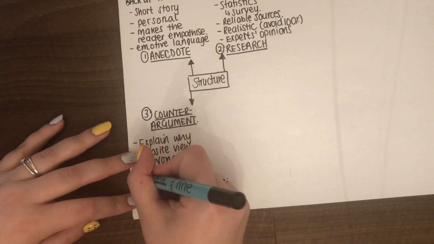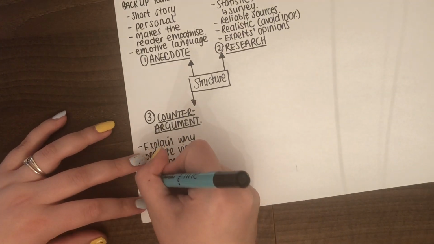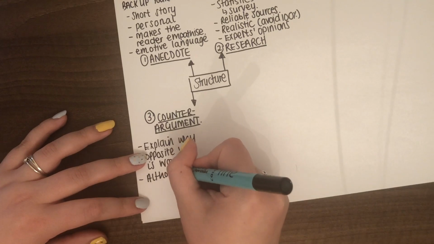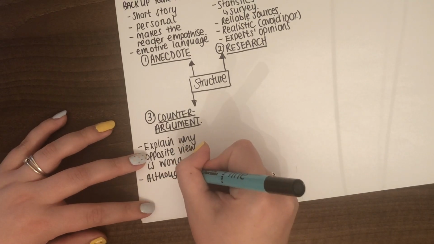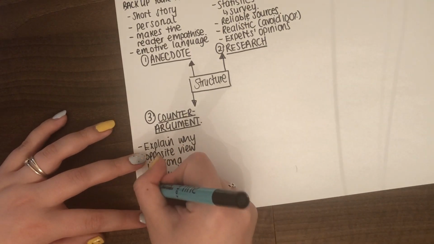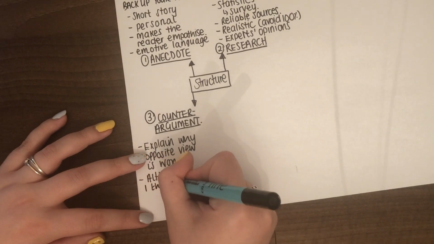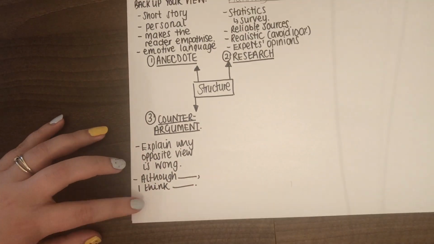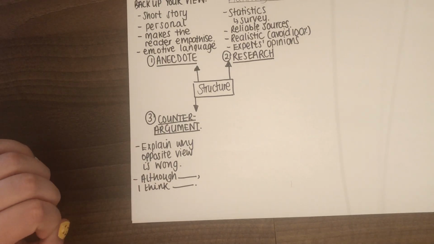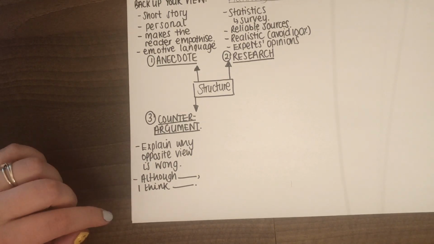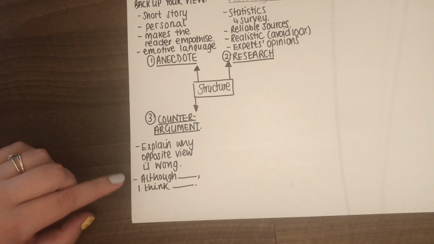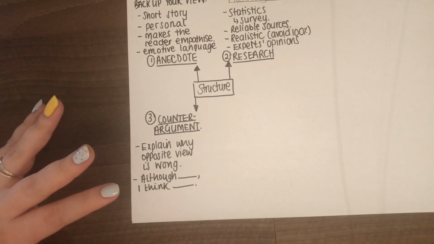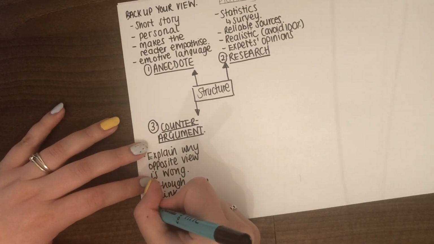You'll say, and we'll go through how to write the sentences in more detail when I go through the video on counter arguments, but you'll say something like, although these people think this, I think, and then you explain your reason. So what you do there also helps you with your marks for your sentence structures because you use a subordinating connective. But what you do is you say, they're wrong and I'm right. And you might even